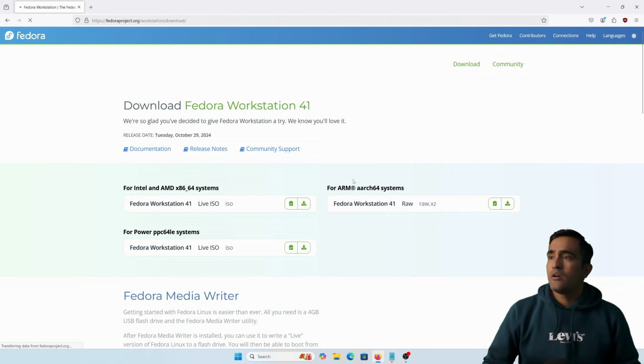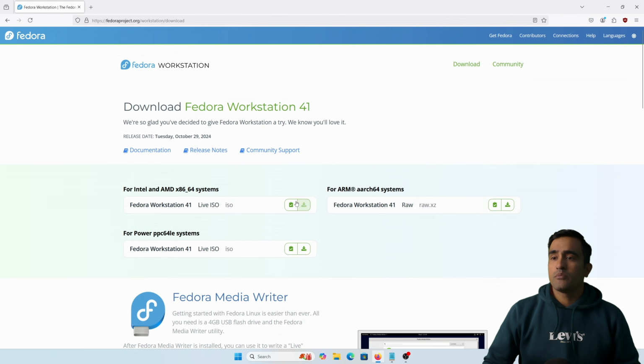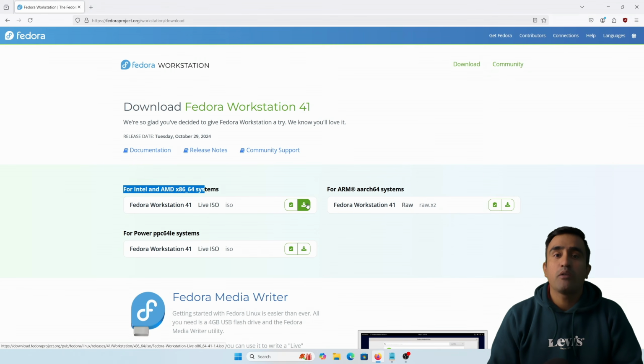Let's press download now, and we can download the ISO image from here, which is made for Intel and AMD machines. But there's one thing I would like to clarify here. If we proceed with the download from here, it will download an ISO image that contains GNOME as the default